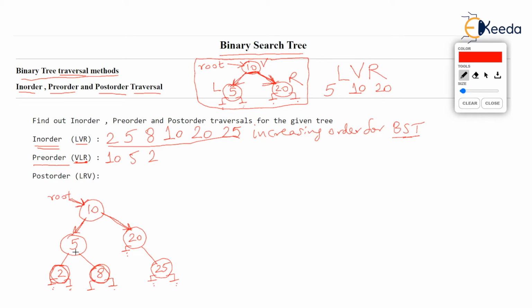Yes, exactly. So we are back at 5. It's very important for you to remember what are all the things that we have already done for 5. Remember, last time when we were at 5, we printed 5. That is, vertex is over. And then left movement is over. So VL is over for 5. Now we will visit right. So we are at 8 and it is our new vertex.